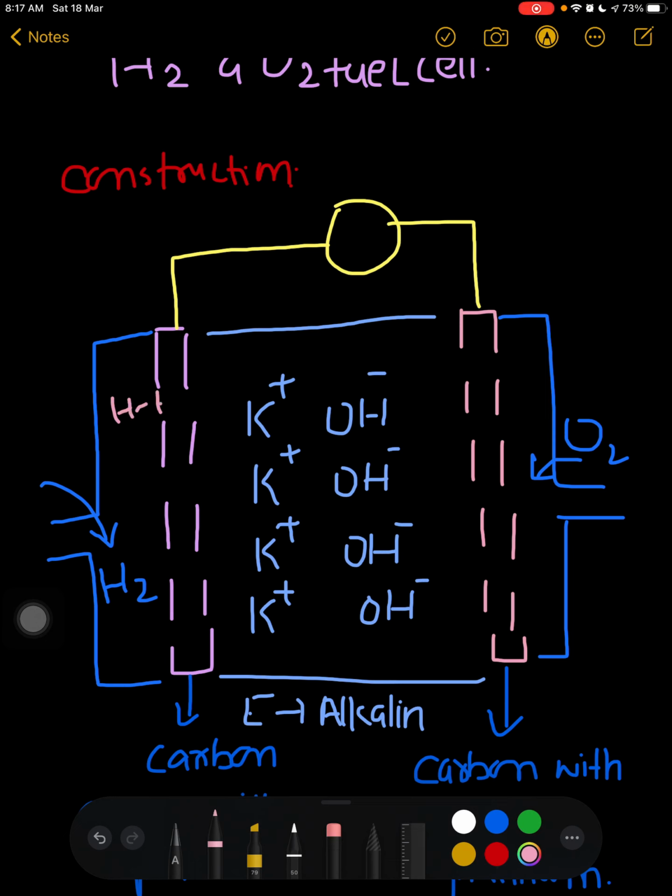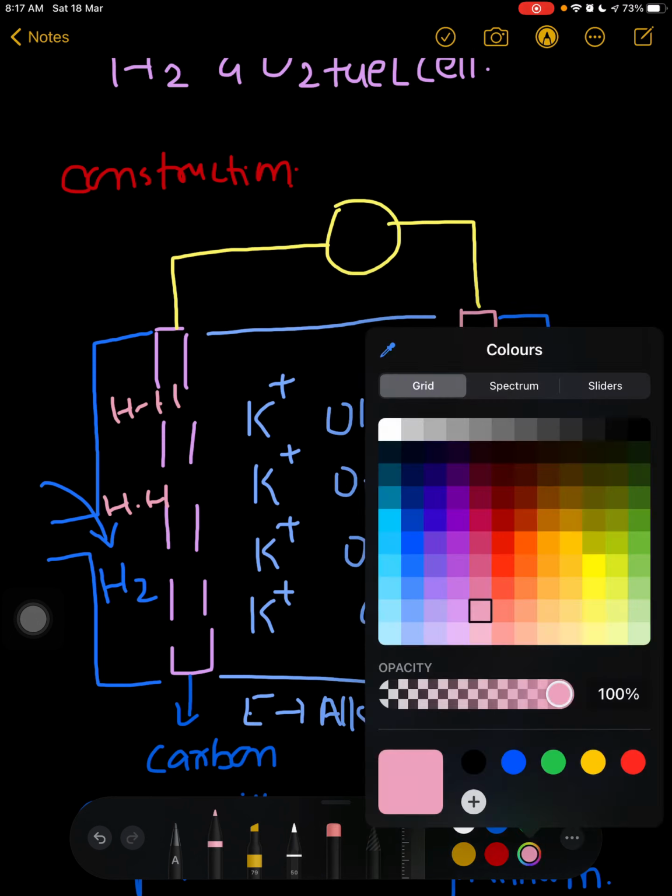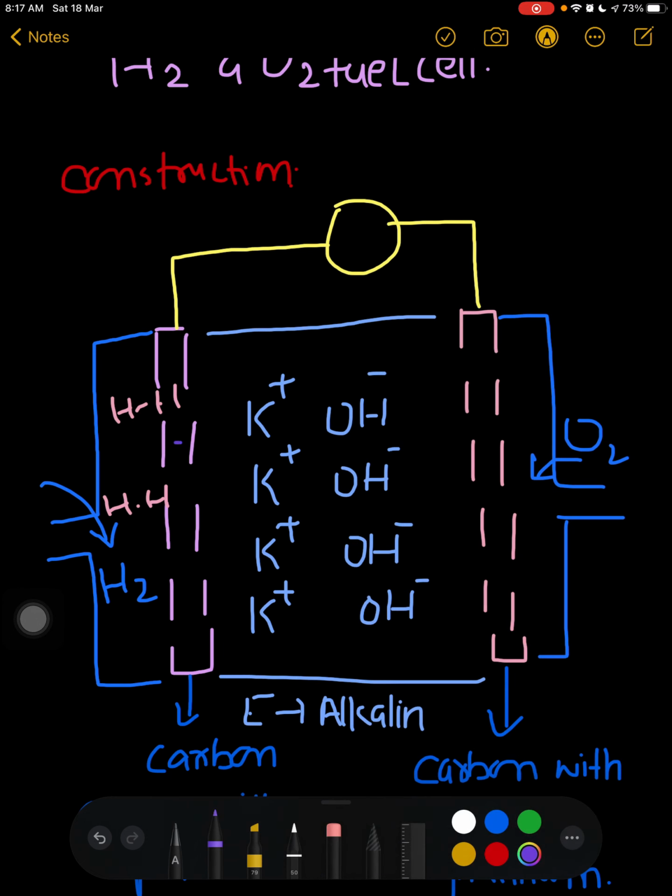Now we have hydrogen over here and hydrogen over here. So what will happen, it will lose its electron. So here 4 electrons will be lost, and here 4 hydrogen ions will be formed. Now these 4 hydrogen ions will move in the electrolyte solution, right? Now these 4 hydrogen ions will react with these 4 OH ions, and they will form